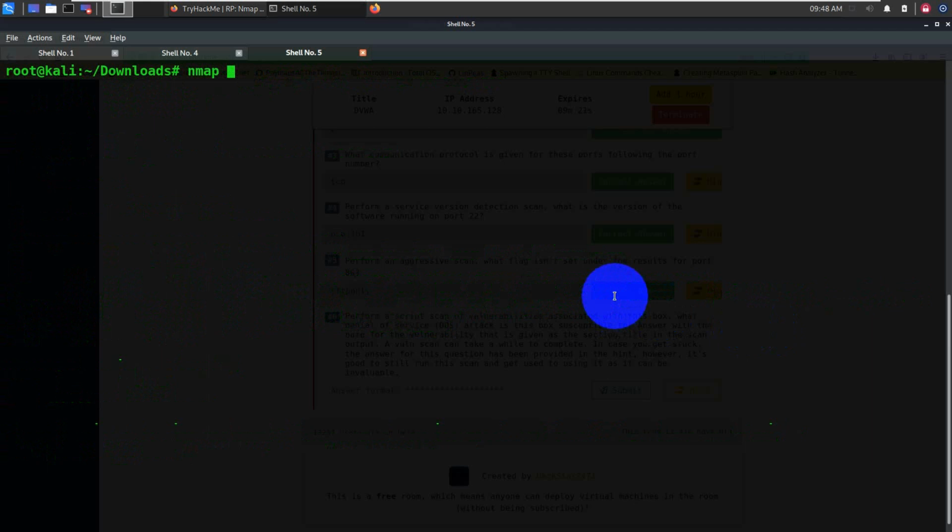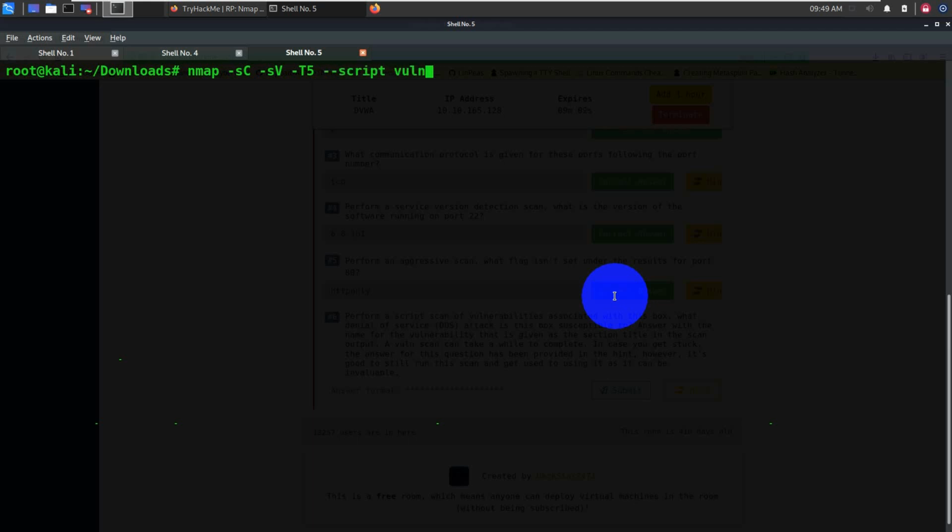So I'll type nmap, then -sC for the default script scan. Again, I can use -sV also, that is fine. And I want a fast scan to speed things up, so I can use T4, T5, anything, right? So let's go ahead and use T4 or T5, we can use any one. And I want to perform vulnerability scanning, so I can type --script vuln.